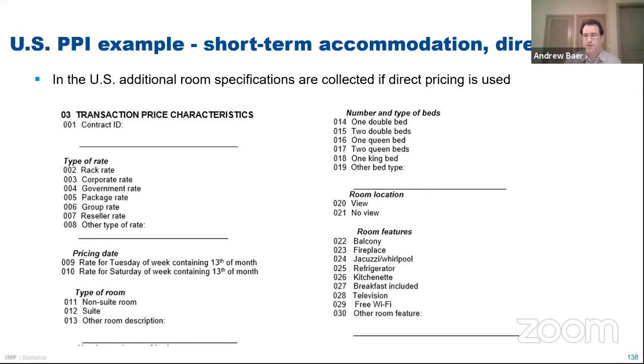So as I mentioned, if you're not using a unit value, now we need to know more characteristics about the room and the buyer and what they bought, and a lot of information. I need to know something about who the buyer is. Often hotels, particularly a business hotel that caters to business guests, give different business groups special rates. So I want to know who the buyer is, what kind of rate they got,